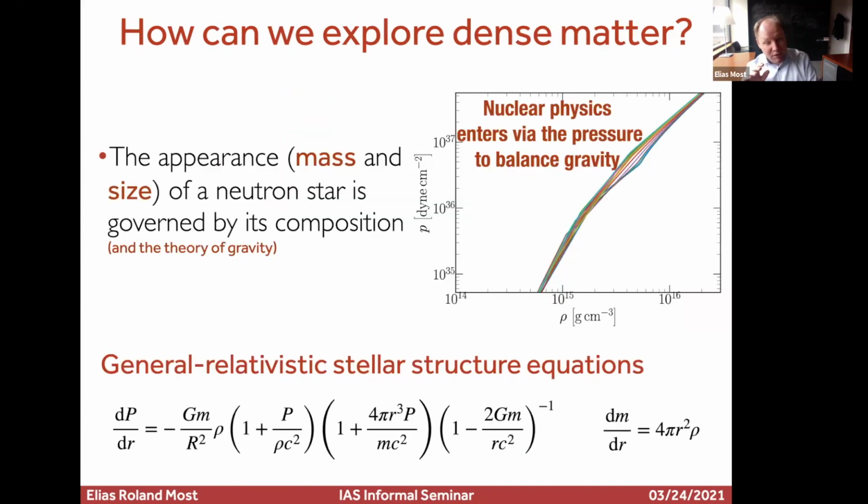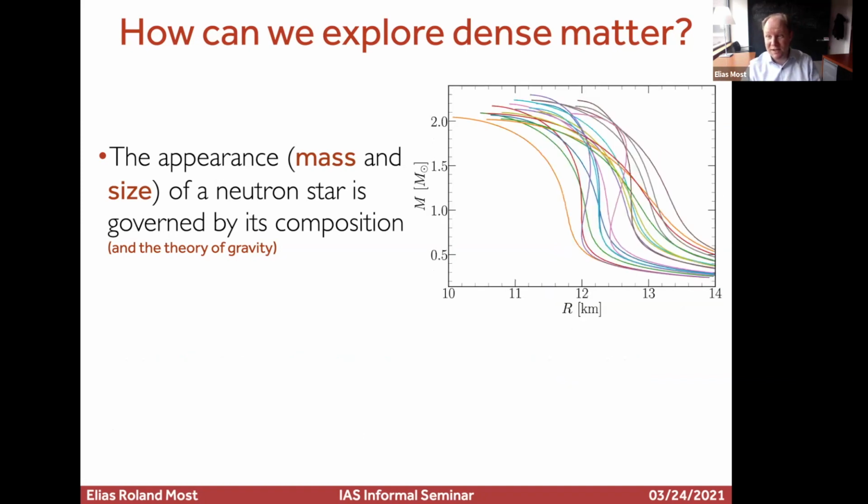Now, once you have a composition in terms of an equation of state, you basically need the pressure as a function of energy density. You can put that into the fancy version of the stellar structure equations, and that gives you what a non-spinning, spherically symmetric star would look like. Once you do this, you can compute a lot of mass-radius curves. This is what people typically showed, and I think we saw a lot of them in Carolyn's talk, who told you how we can learn how big neutron stars are. But today I'm only talking about how massive they can be.